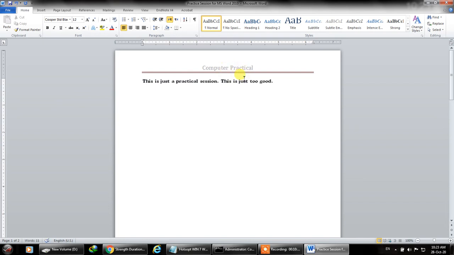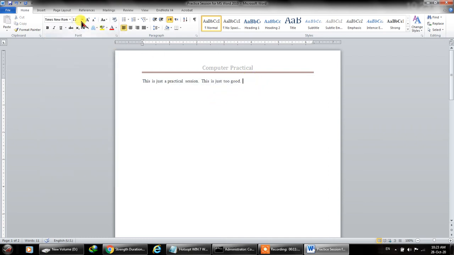What Microsoft gives you the opportunity is that you can write one line in one font or one word in one font and you can change it to another. So it totally depends on your aesthetic sense, but normally we don't want that. We want to stick to one font only. So we'll go and select Times New Roman.